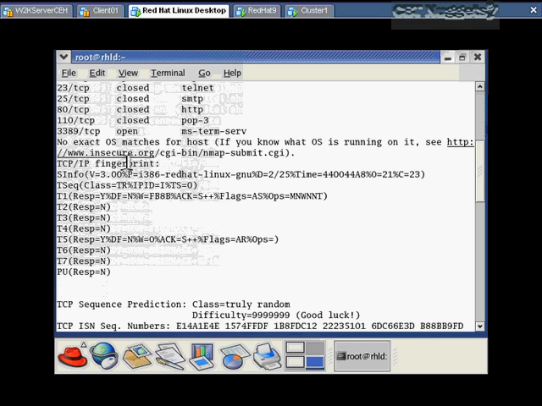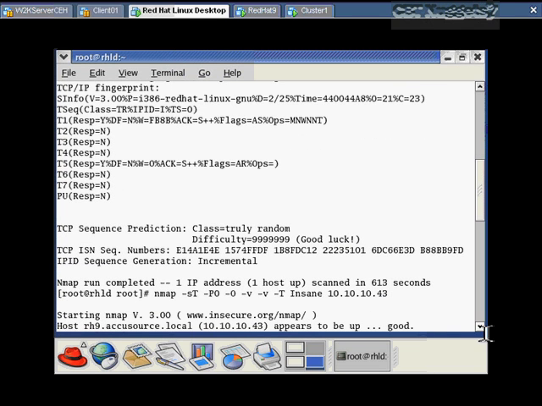Here's just some of the data that was sent back for the TCP/IP fingerprint, and it's supposed to be able to match this against a database of well-known operating systems, depending upon how they respond to various queries from within Nmap's packets that are sent out. So in any case, it wasn't able to figure out what was going on there. So I went to a different host here. By the way, that was my Windows Server 2003 server. I thought I would be able to figure it out, but apparently it had a little trouble with it this time. In this particular case, I went to a different server, .43, which is a Linux host,